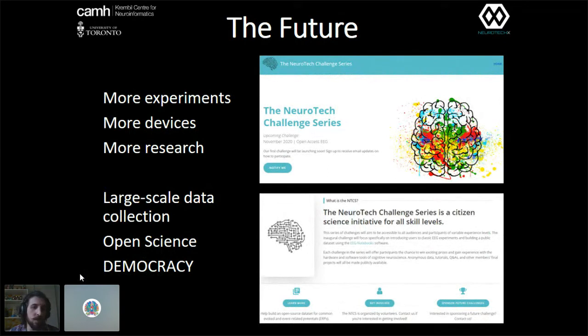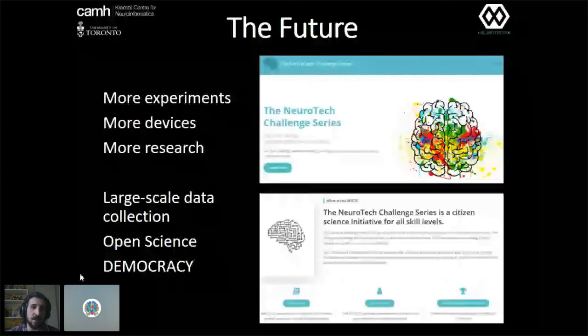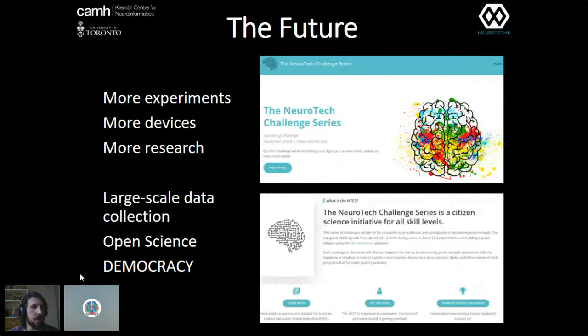And more research. So there's a few developing research projects that are building on the tool now. So we're really kind of branching into doing some straight up academic research, and large-scale data collection and open science. This is one of the things that we really want to start paving the way for, developing the procedures and the framework for doing citizen science with these tools, but in a way that is ethically sound, which is a key component of it, but is distributed in the sense